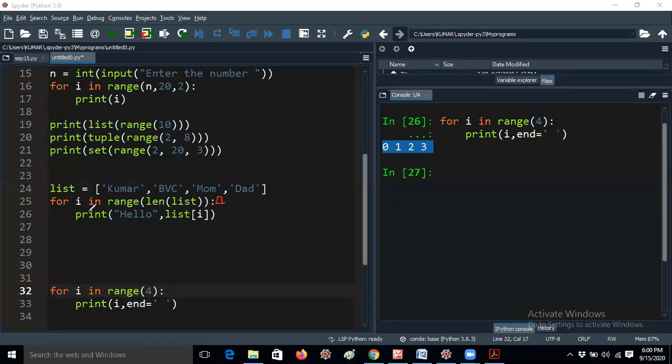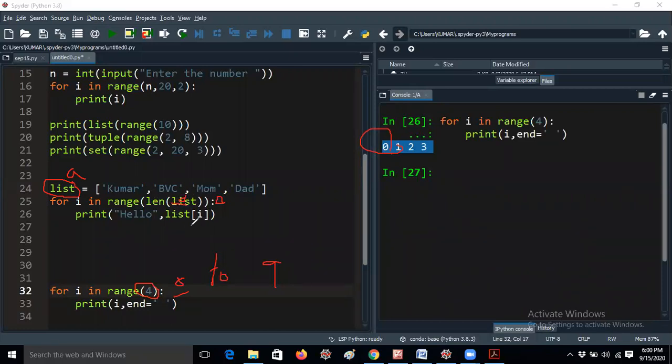So now i means list of i. That means the first number will be 0. That is the default. By default, whenever you give 10, you get the elements from 0 to 9. That means the list index also starts with 0, right? The list here is a variable for understanding purposes. If you take a, that is also fine. It's a variable. You can give a also. That's not an issue at all.